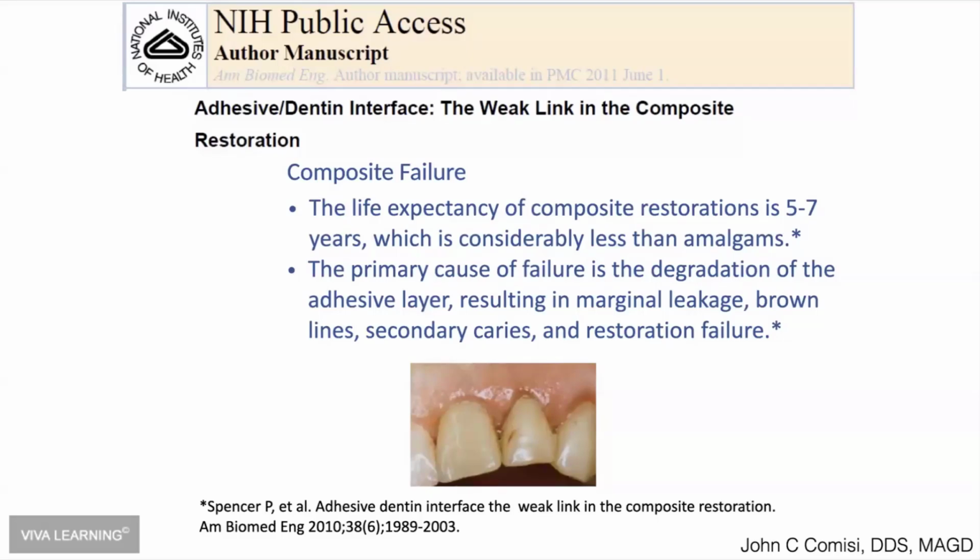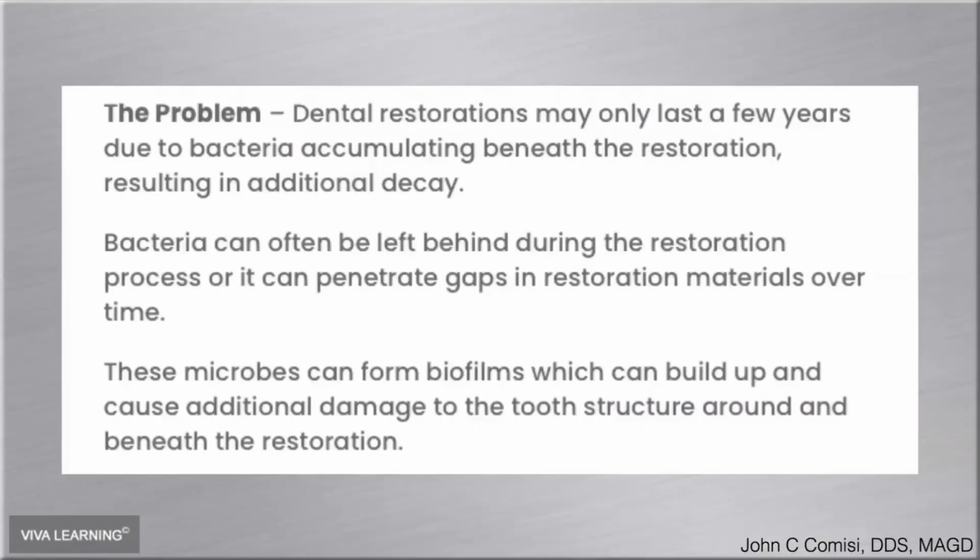So there's two things, and I teach my students this all the time: if you are going to use a self-adhesive, self-etching material, do two things. Number one, bevel the enamel to expose the underlying enamel, which will be easier to penetrate into, and selectively etch, and then wash that off and place your bonding agent on the dentin if that's what you want to do. But if you don't selectively etch your enamel, you're going to be having some brown line problems going on.